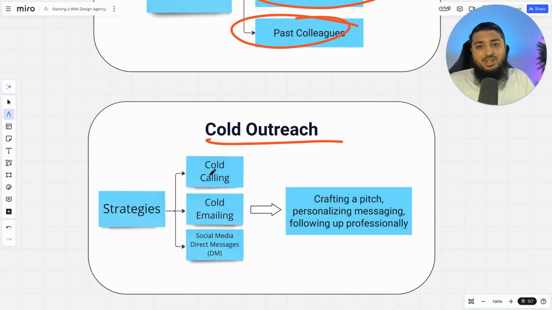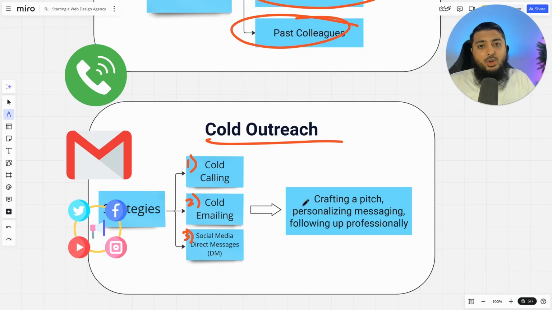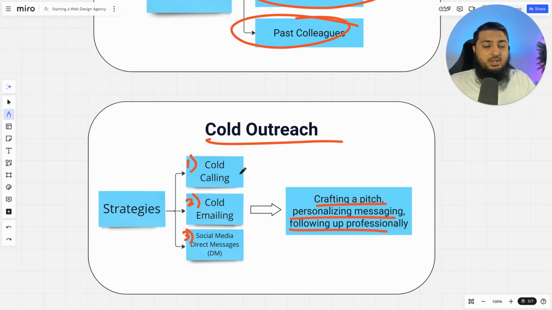outreach. The 3 main ways this can occur is via cold calling, cold emailing, or even social media DMs. And the way you can increase the success of this is by crafting a pitch, personalized messaging, and also following up professionally. A rough target that you want to be hitting every day for cold calling is 50 to 100 cold calls per day. For cold emailing, you want to do at least 500 to 1,000 emails per day. And then for social media DMs, you do want to be doing anywhere from 30 to about 50 DMs per